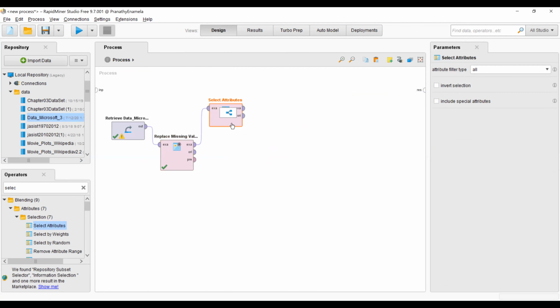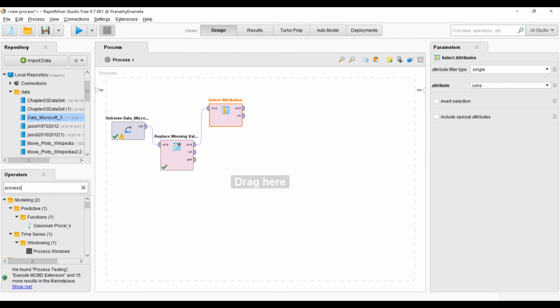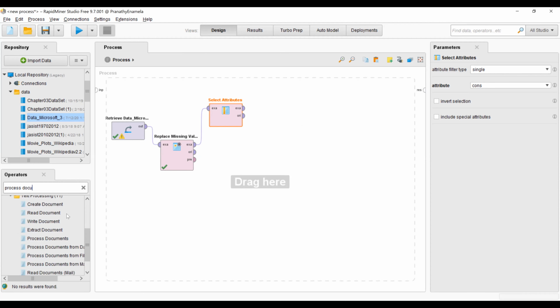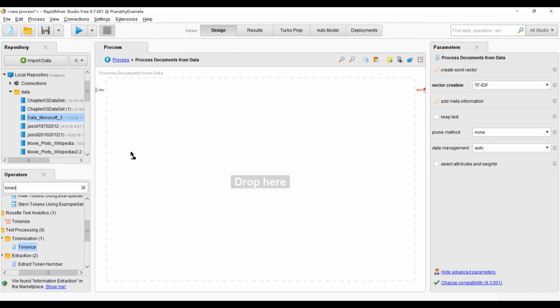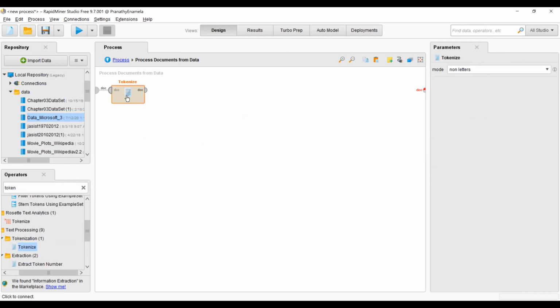So I'm going to connect here, select one single attribute, which is cons, and go to process documents from data. Just remember, take process documents from data, and then connect it here, and then double click on process documents from data, and first break it down like you've seen in the algorithm: tokenize to filter out all the non-letters,